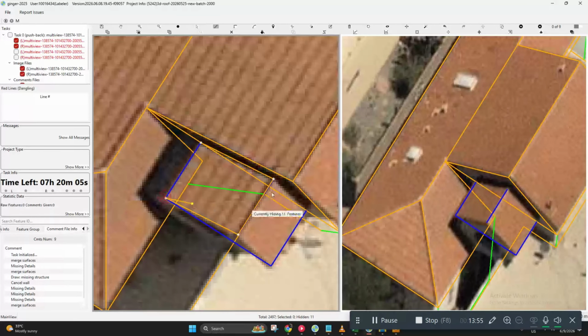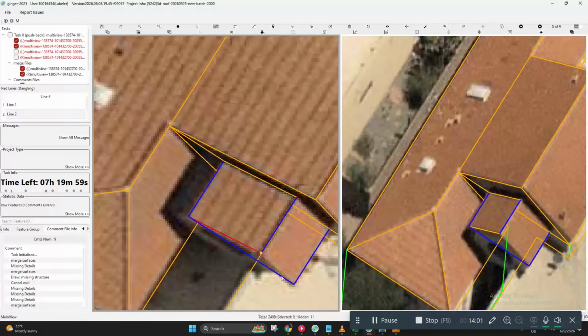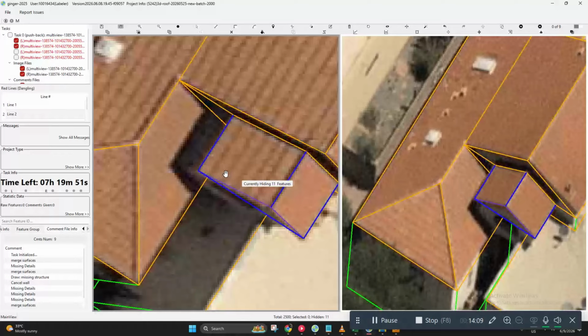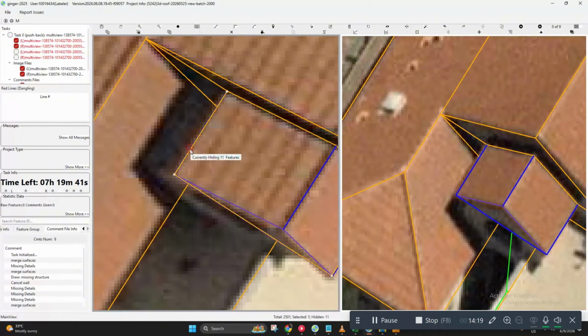And we can draw our base. So for the base, we can just use the S tool, like that, like so. Drag.